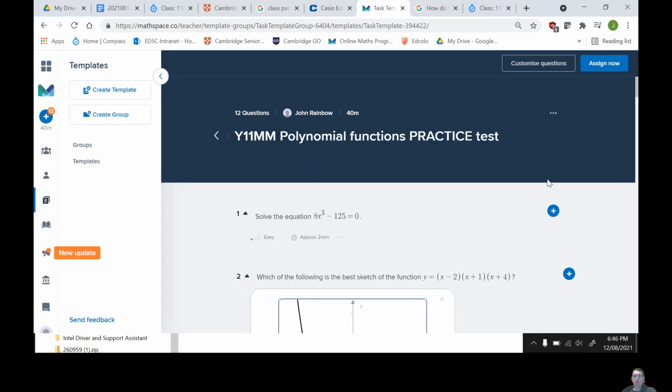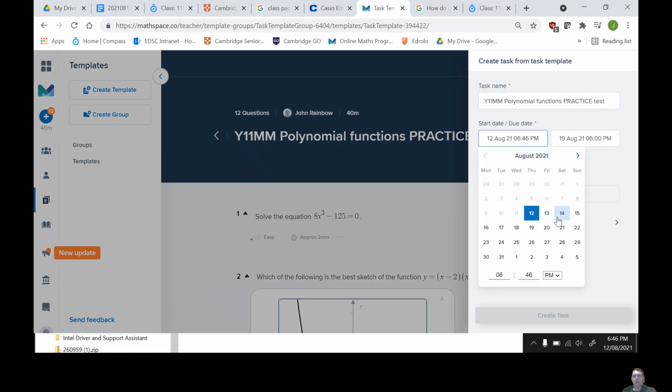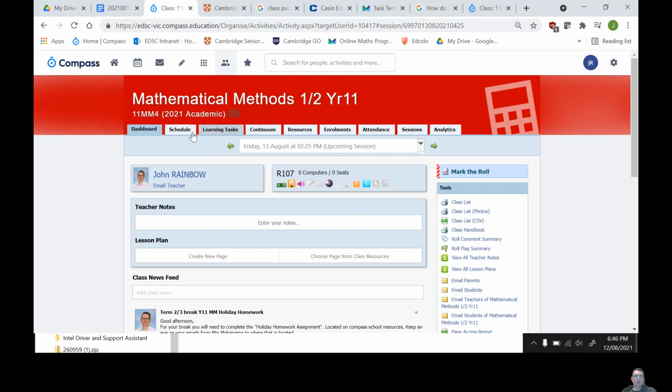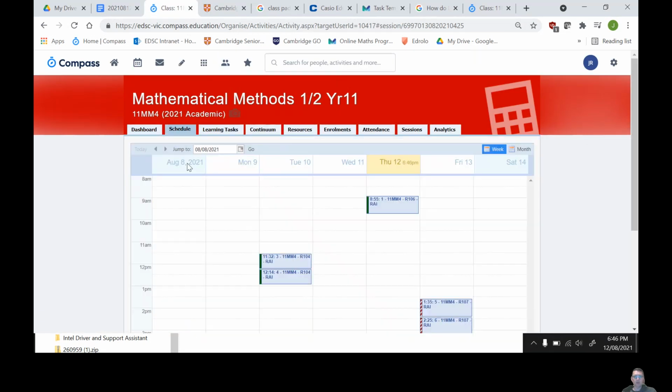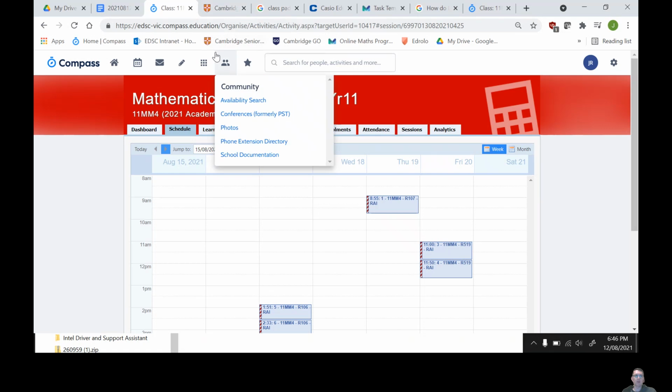So we want to assign these questions for the students to do a practice test. You might want to set your dates, for example. I want mine done from tomorrow, for homework. So I'm going to open it from 3 p.m. and we're going to review it on Monday in my class. Let's have a quick look. They're going to do it from open and we're going to review it on Tuesday. So I want it closed off by at least 1:50 on Tuesday so I can review that with the